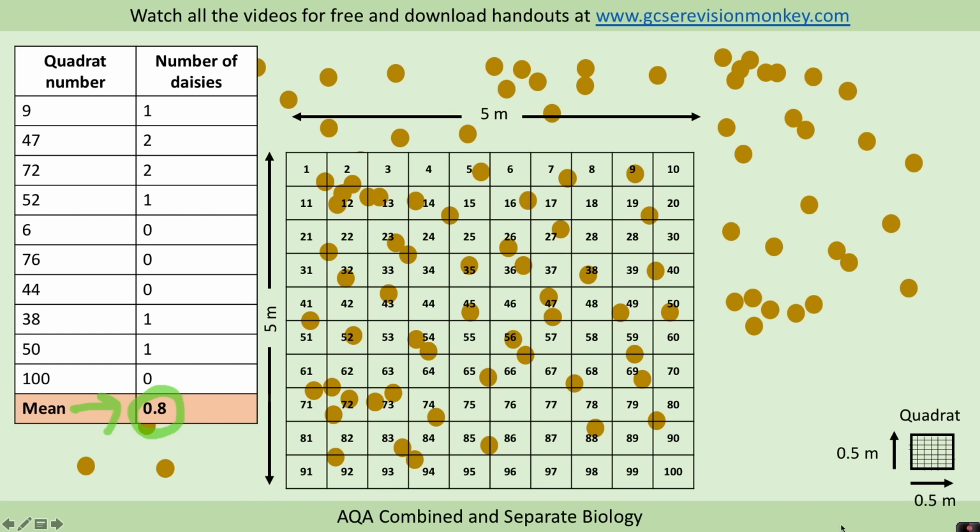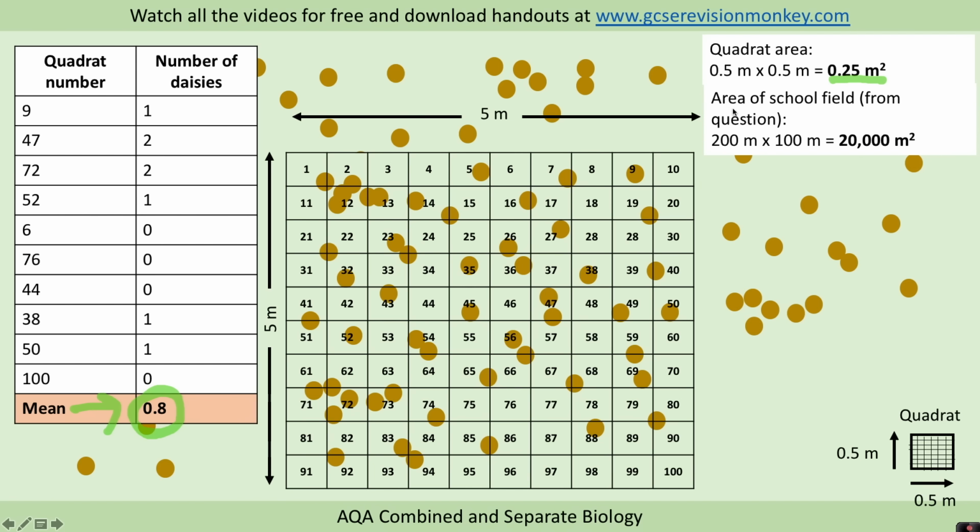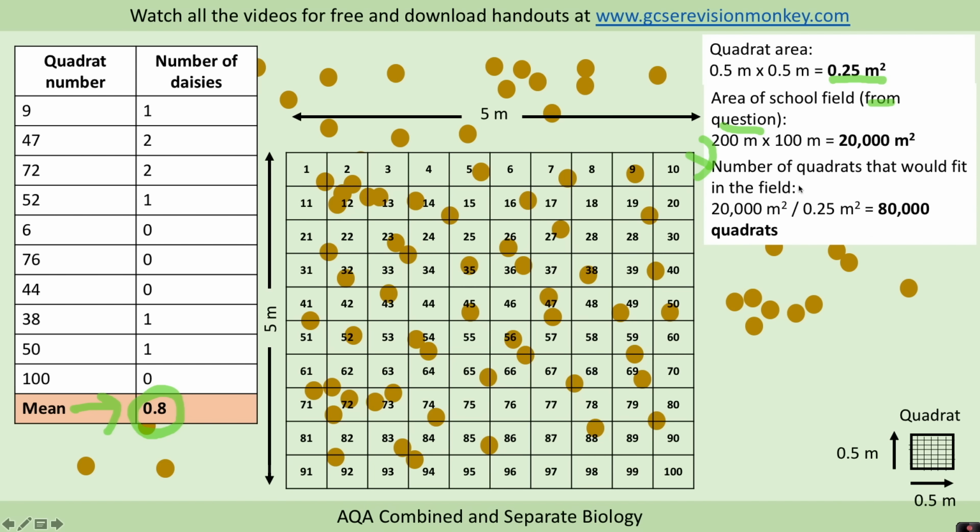So we need to know the area of our quadrat, so we do 0.5 times 0.5, and that's 0.25 metres squared. We need to know the area of the school field, so given in the question it was 200 metres by 100 metres, so 20,000 metres squared. The next thing that you need to work out is the number of quadrats that would fit in the field. So we've got the area of our field divided by the area of one quadrat, and that gives us 80,000